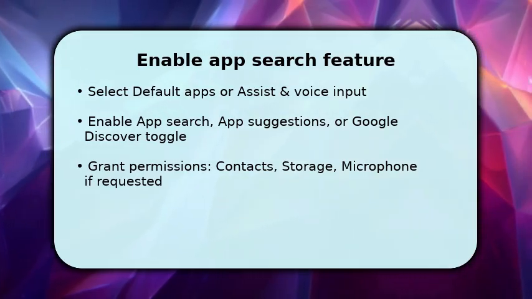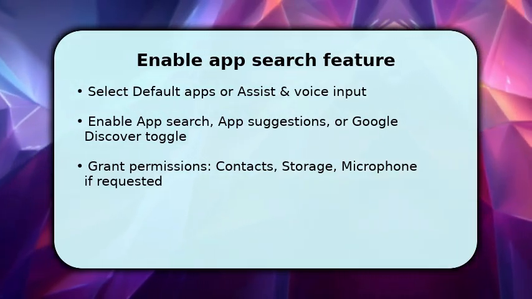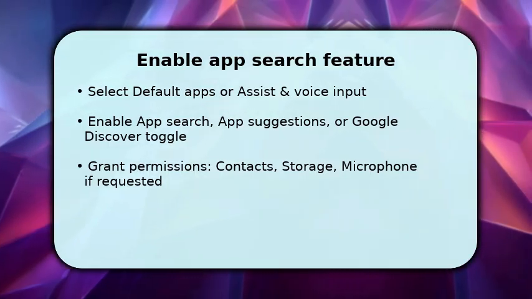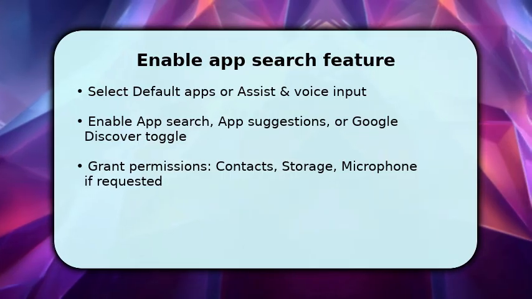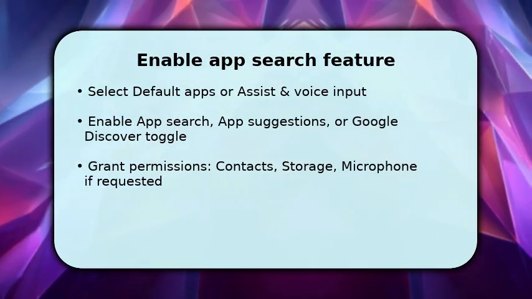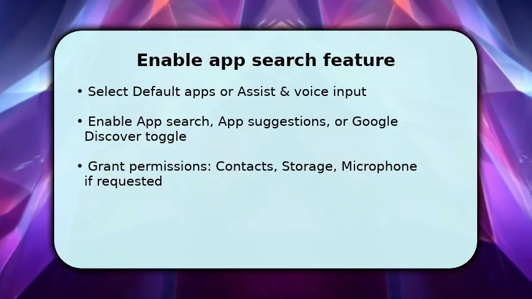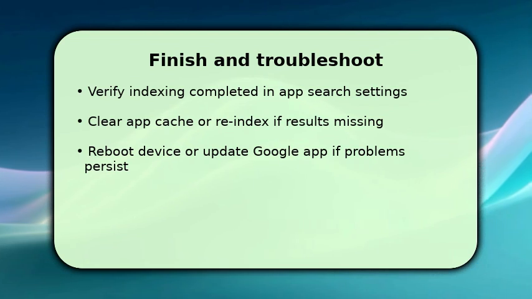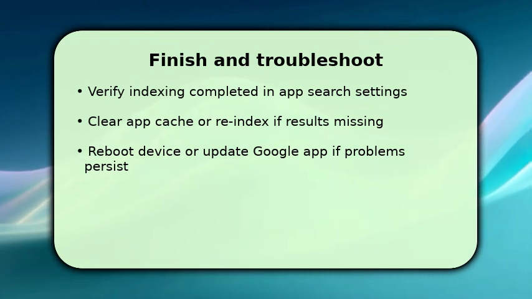Make sure to grant necessary permissions like contacts, storage, or microphone so search can index content and return results. If indexing runs, let it finish. This step links apps into the global search experience for faster results. To finish, verify indexing completed in the app search settings and test by swiping down on the home screen or